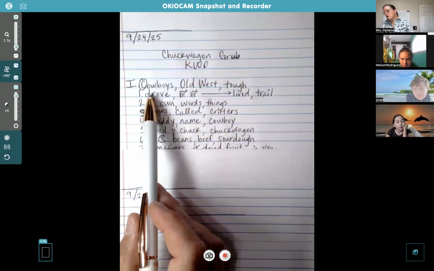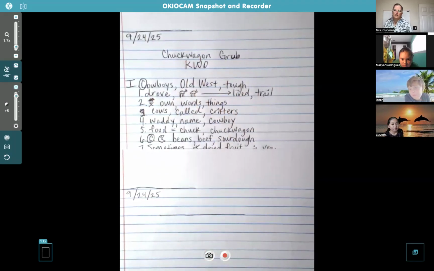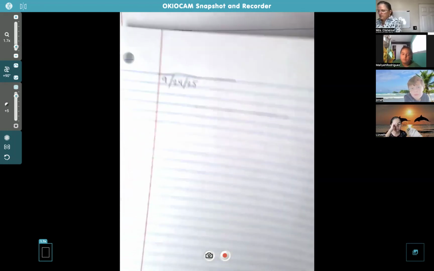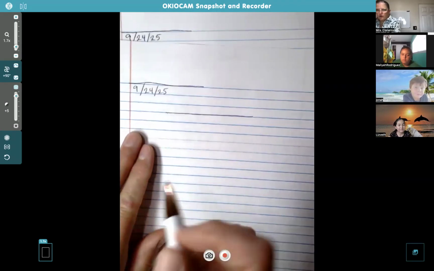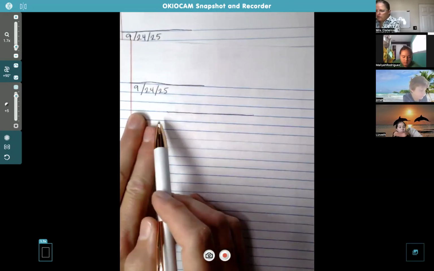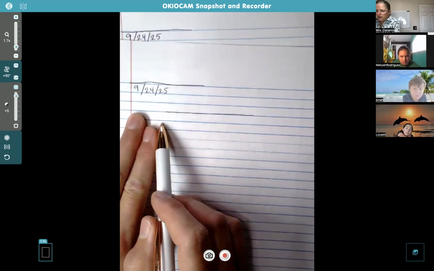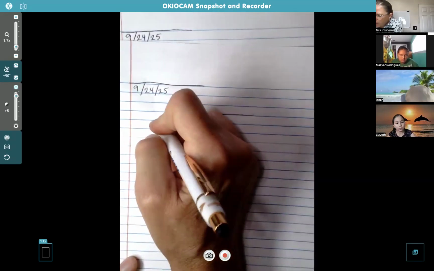For Roman numeral 1 here, Cowboys, Old West, tough. How can you make that into a sentence? Cowboys from the Old West were tough. Yeah, I like that. If you guys have something different, write your sentence, but don't forget to do a two-finger space, like skip a line and then move over a little bit because we're going to indent